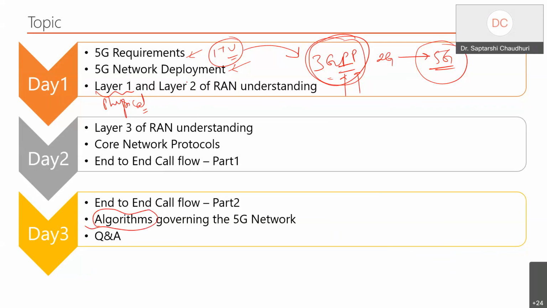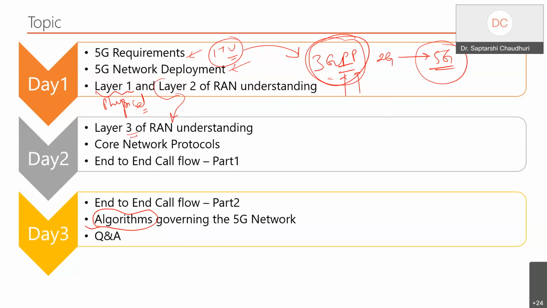And so the protocols and the base feature, the framework, what 3GPP defined for layer 1 or the physical layer, I have gone through it. In the interest of time on that day, I was supposed to cover layer 2, but I bring layer 2 here today. So today we'll see what layer 2 is, where it stands in the overall gamut of the whole 5G network. And we'll introduce layer 3 here.